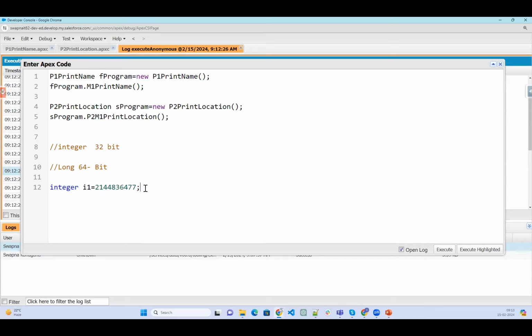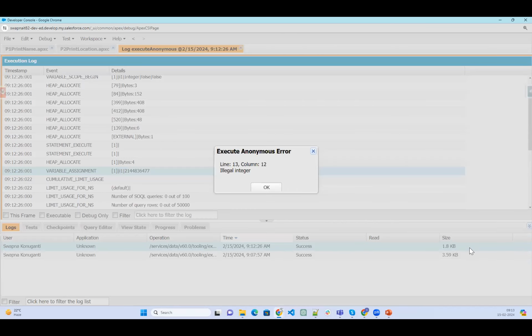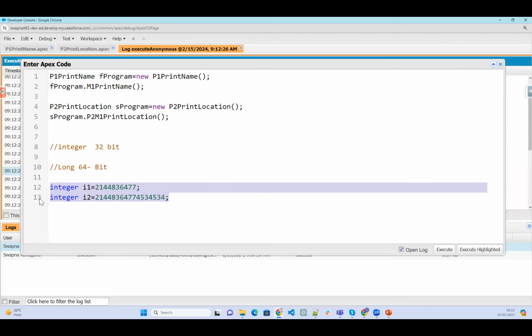Now I'm declaring the same thing, I2, where I'm providing more numbers, and I'll execute both of them. Now line number 13, column 12, illegal integer. Line 13 is the 13th line: integer I2 equal to a bigger number. Now it is giving me the illegal assignment.